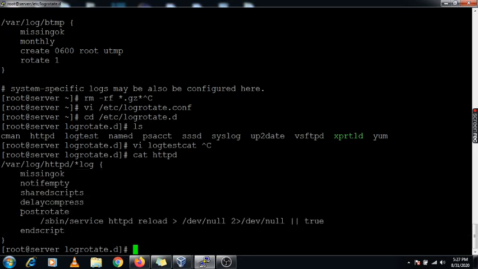After postrotate it will restart or reload your httpd service. It depends on your application or the requirement. You can set whichever command you want after this postrotate.